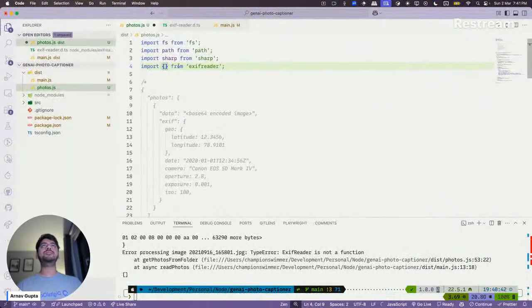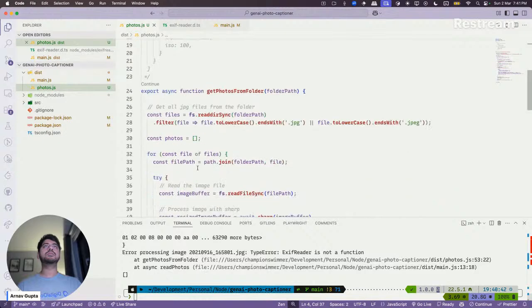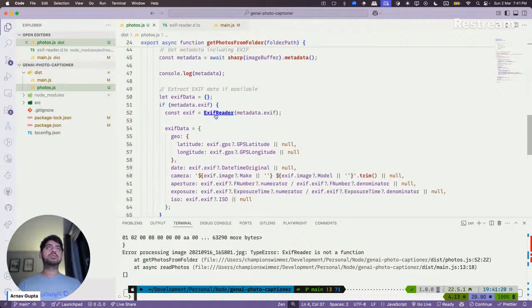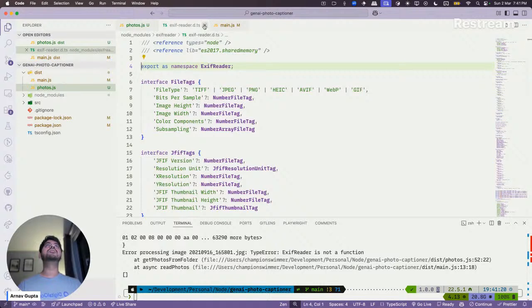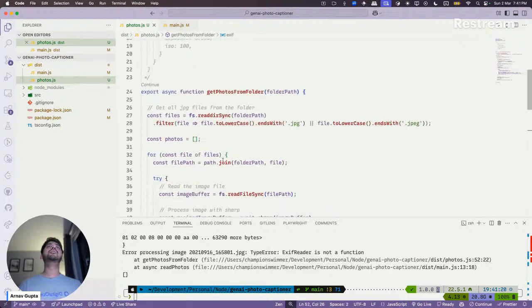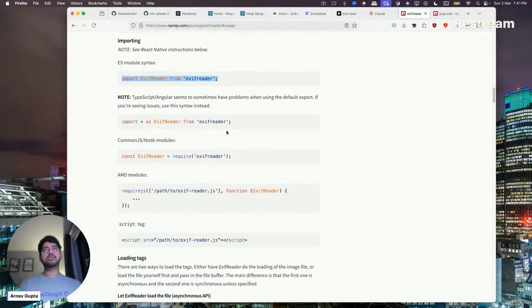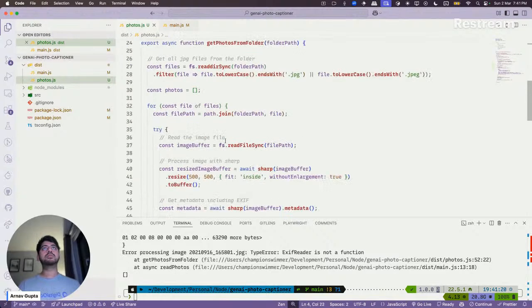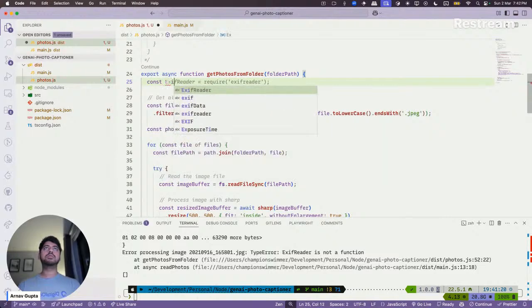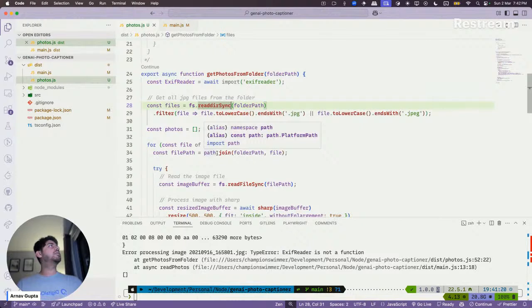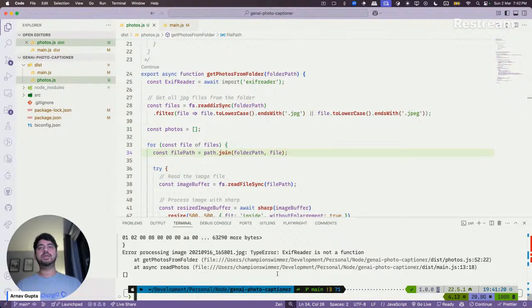Seems to be the correct way. I think I'm spending a lot more time fighting Node.js than actually making an AI app. The sad reality.